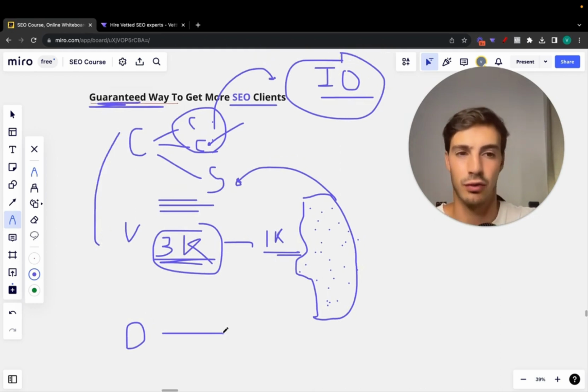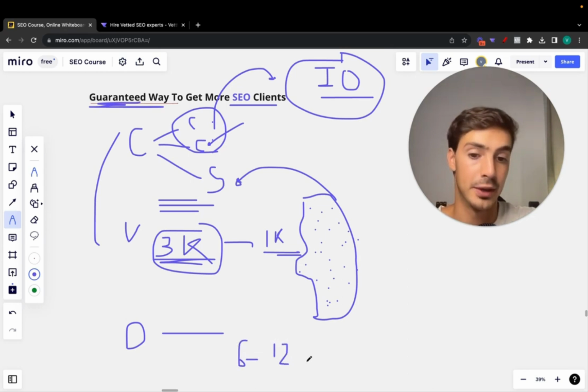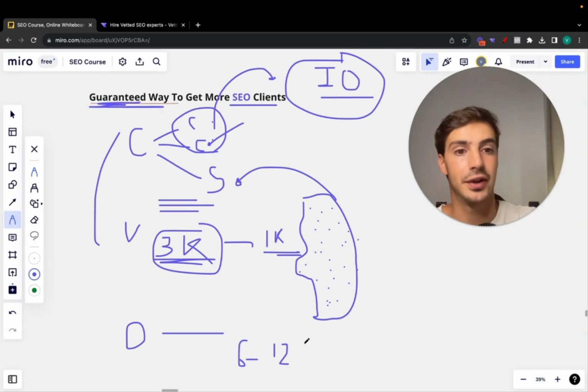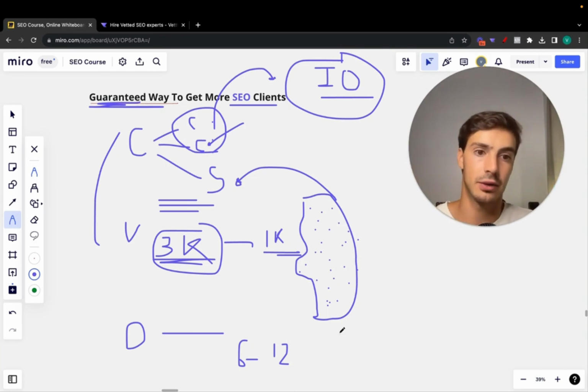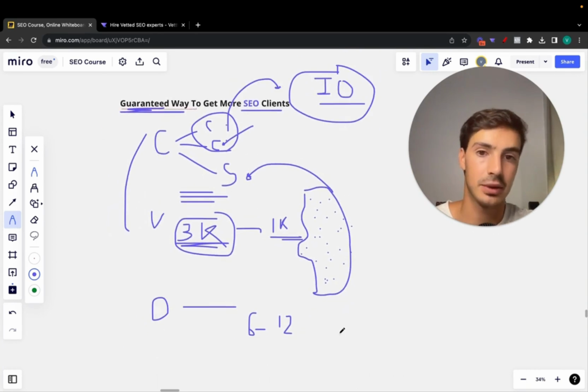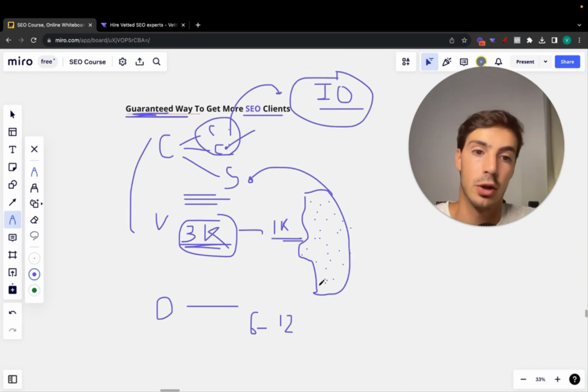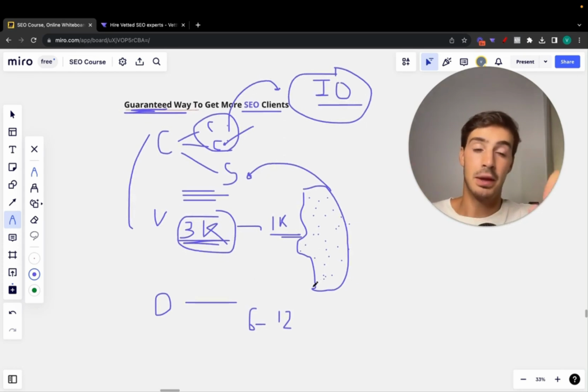Because you don't want to be doing SEO for a month, right? You want to be doing SEO for 6 to 12 months, so you can have them on a retainer, right? You can have a 6 to 12 months retainer where every single month you're getting money in your account, right? That's the whole thing with SEO. Not only does it take time, but if you're grabbing SEO clients, you've got to make sure that you're doing a good job to retain them, right? Retain the clients.